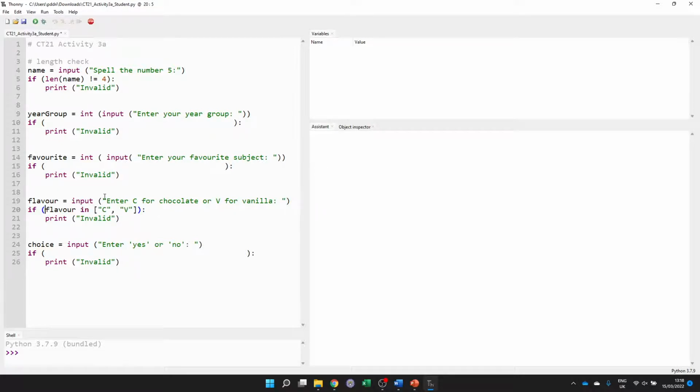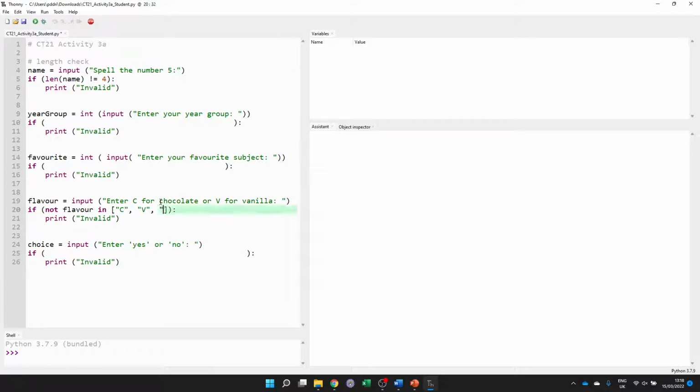I put the not in the wrong place, sorry. The not needs to go in front of it. So if not flavor in here means, is this flavor not in this list? So it's just a more shorthand but still relatively readable way, which is much more extendable if you end up